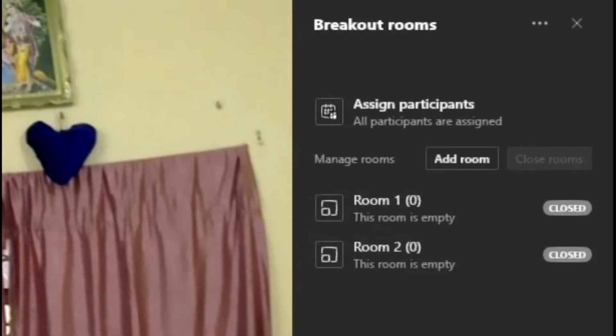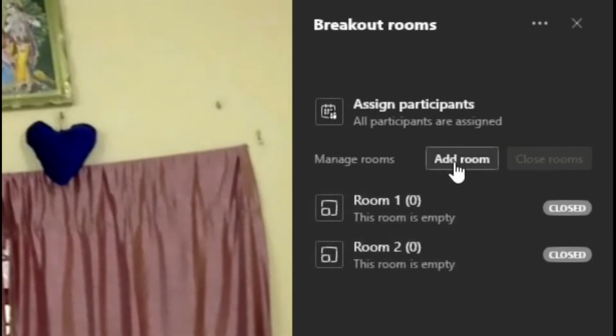If you are a teacher, then you can select students into different rooms and you can conduct different activities at the same time. You can be present in the main room and you can also be present in the different rooms. You can make students into different groups to conduct different kinds of activities using these breakout rooms. This breakout rooms is a new feature added in Microsoft Teams. So this is the new look and new information about breakout rooms.